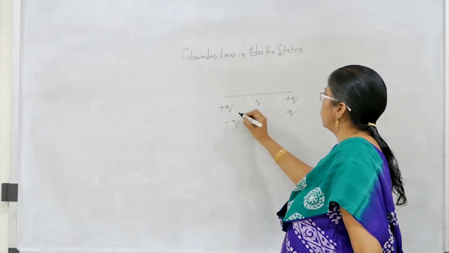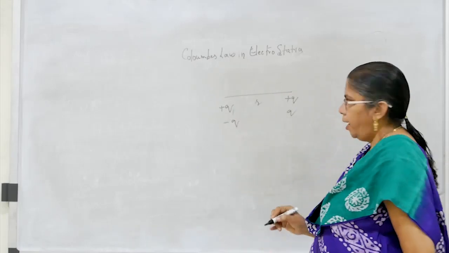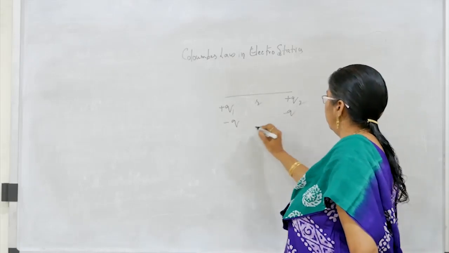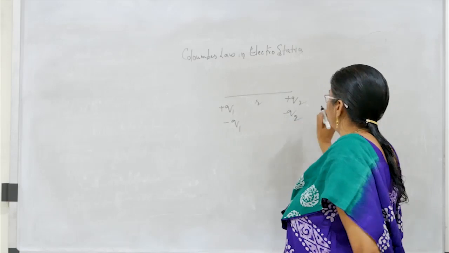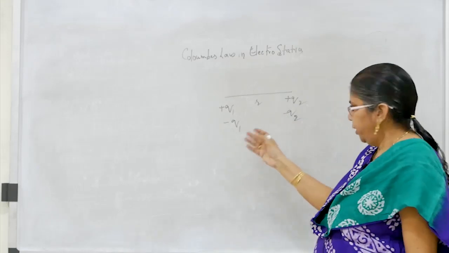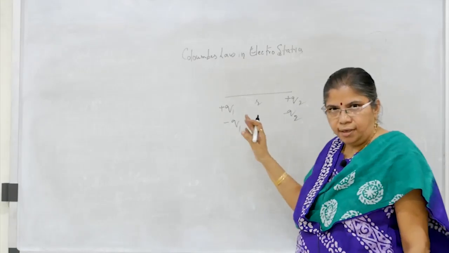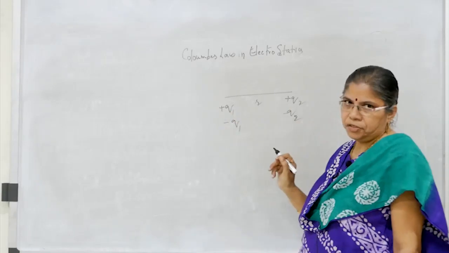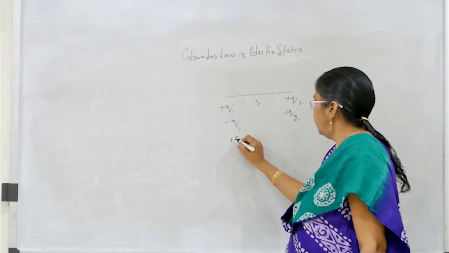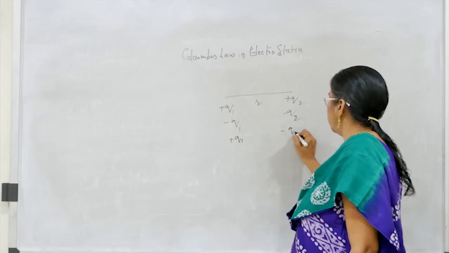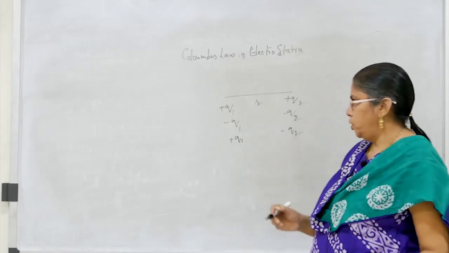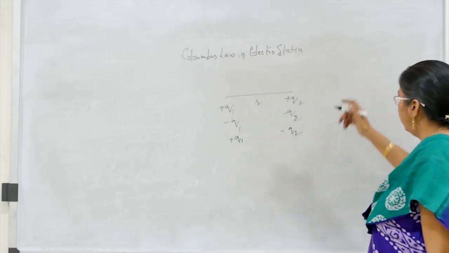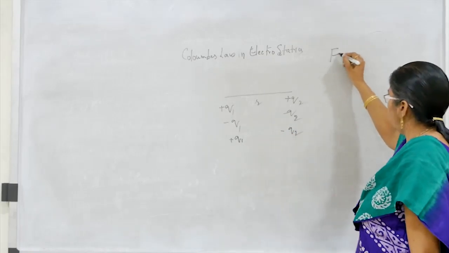So in place of q I take q1 and q2. They may be the same charges or different charges. It may be plus q1 and minus q2. Either of these, and r is the distance of separation between them, then the force of attraction or repulsion